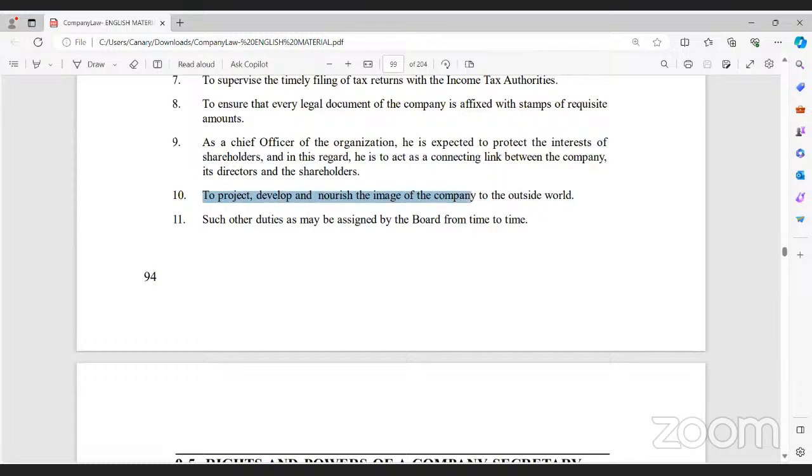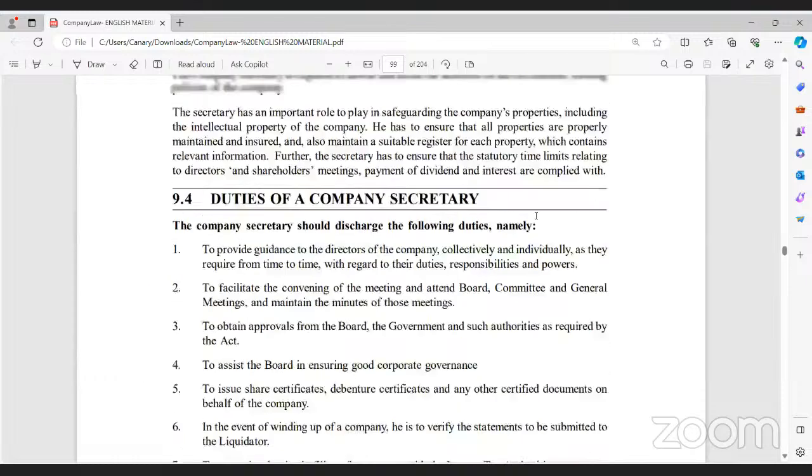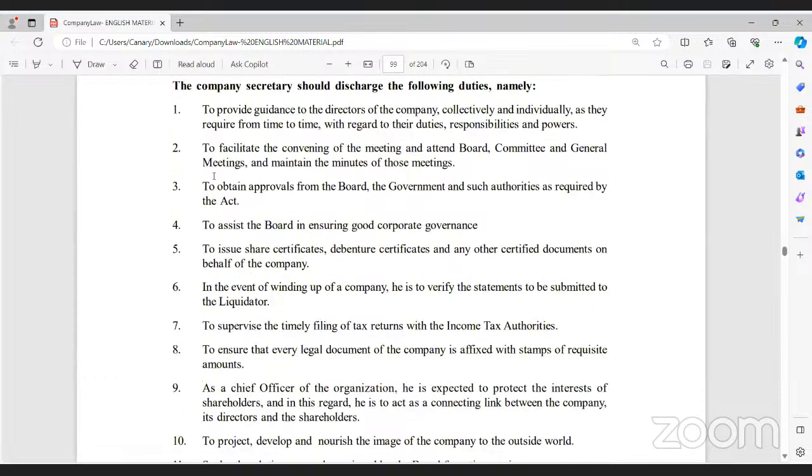You can say, see, the company's growth is important. He is also required to see to the company's development. Other duties as required by the board from time to time. Like that, in simple terms. You need not write paragraphs. If you use the keywords in your answer, that is enough for the examiner to know that you understood and you know the correct answer to be given for the question asked.